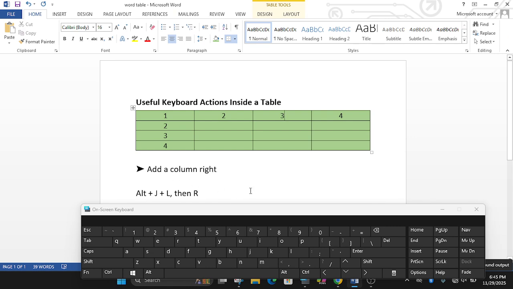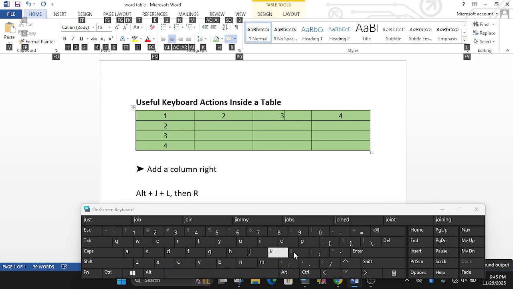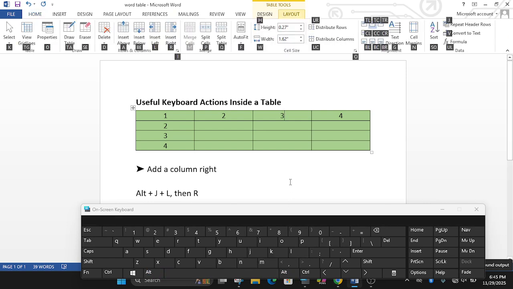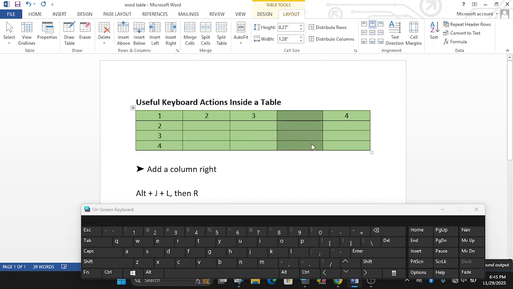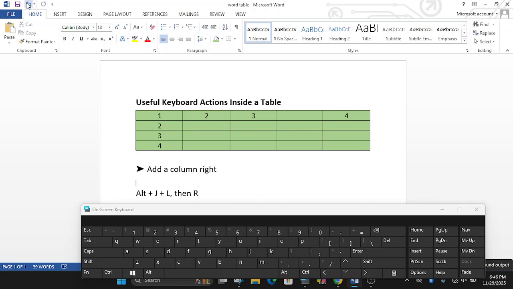Alt plus J plus L. Alt J L. It is ready now. Then press letter R, or click here R. It is inserted now. Okay, one step undo.